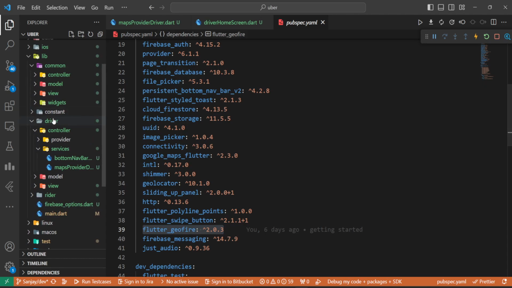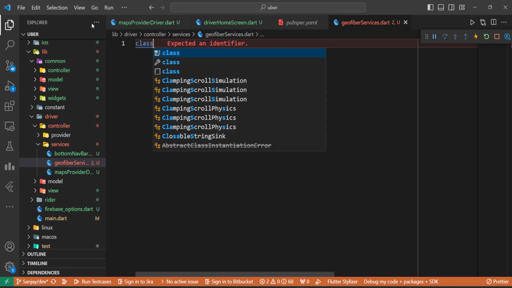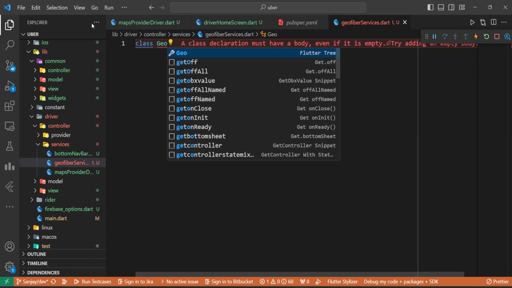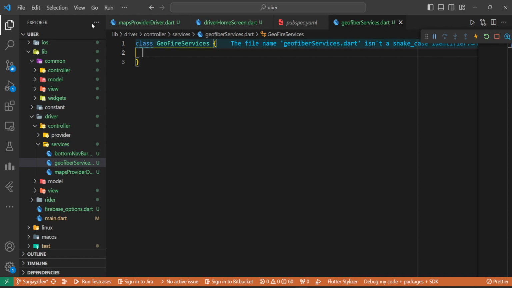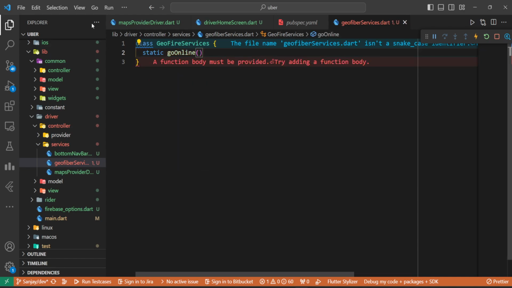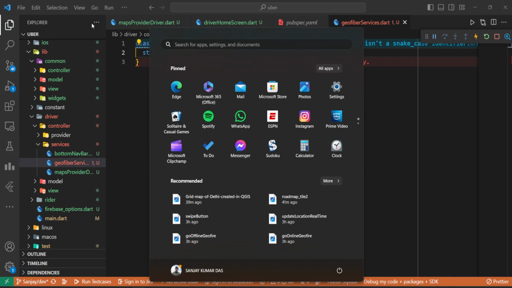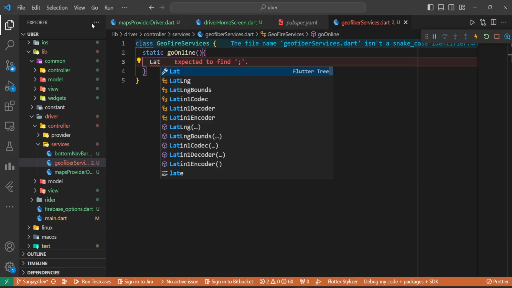So we'll come down here in the driver section, controller, services, and here we'll create a new file naming it geofire services. Let's create a class, Geofire services. And here the first function which we will create is go online. Static go online. So whenever this function gets triggered, the user, or you can say the driver, will go online. So we'll go with lat long